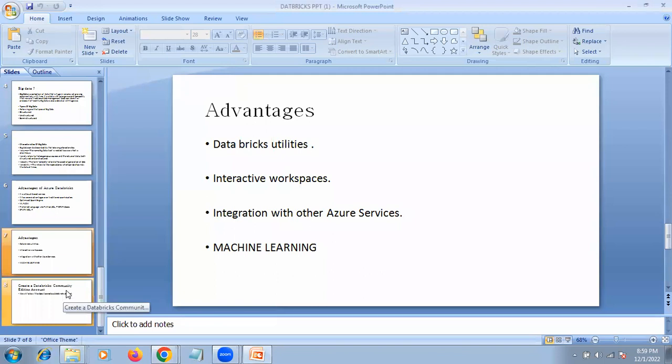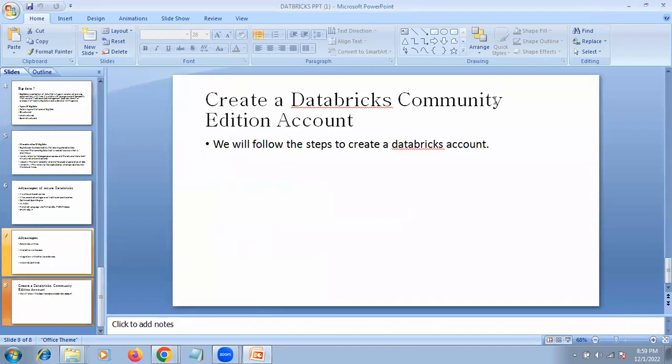The next thing is that for using Databricks, they offer us different models and services. The Databricks Community Edition account is also a service provided by them, and it is free of cost.